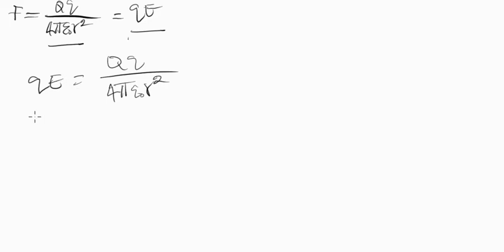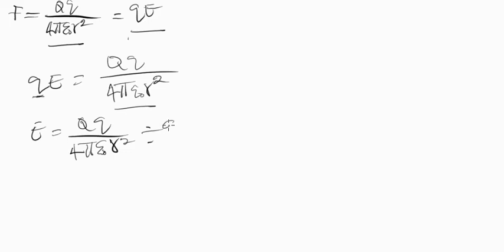Now we can simply make E the subject of this equation by dividing this by the coefficient of E here, which is Q. So we can simply say E is equal to Q times Q over 4 pi E naught R squared